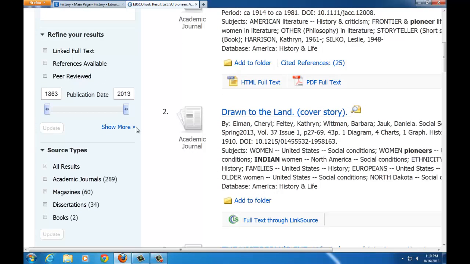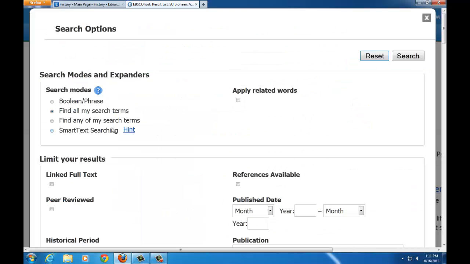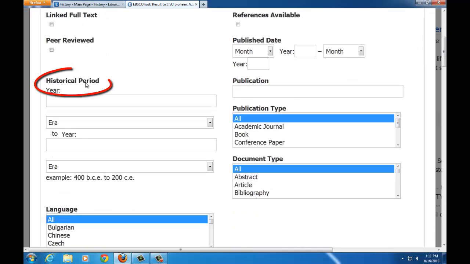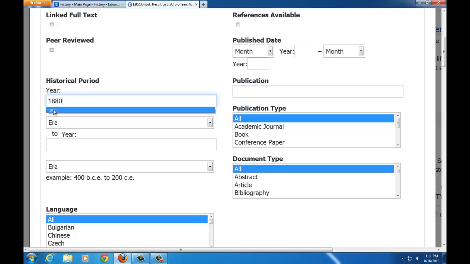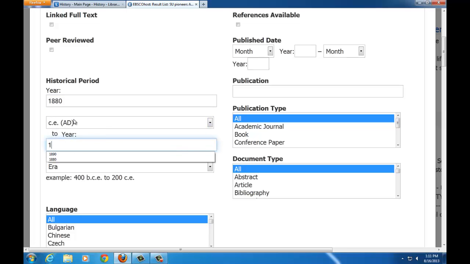What I'll do here is go to Refine Your Results and Show More. These are the same options we had at the very beginning. A few of these are of particular note. One is this historical period. This is a very useful feature of the America History and Life database. Pioneers moved from east to west over a long period of time. We could specify a decade, say from 1880, and you have to say AD, to let's say 1890,